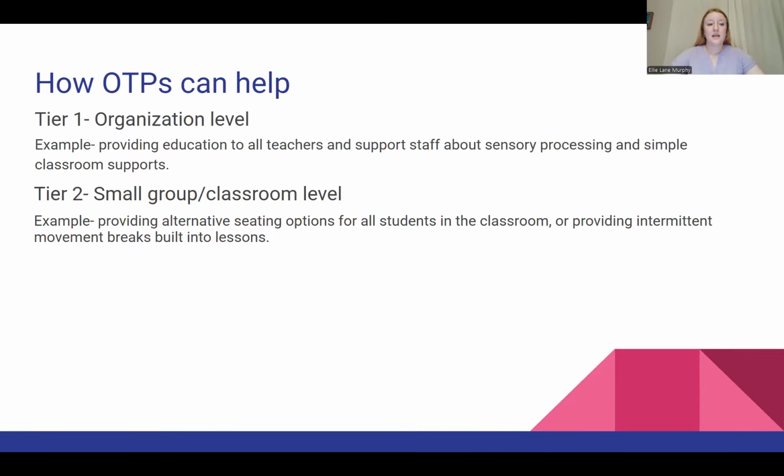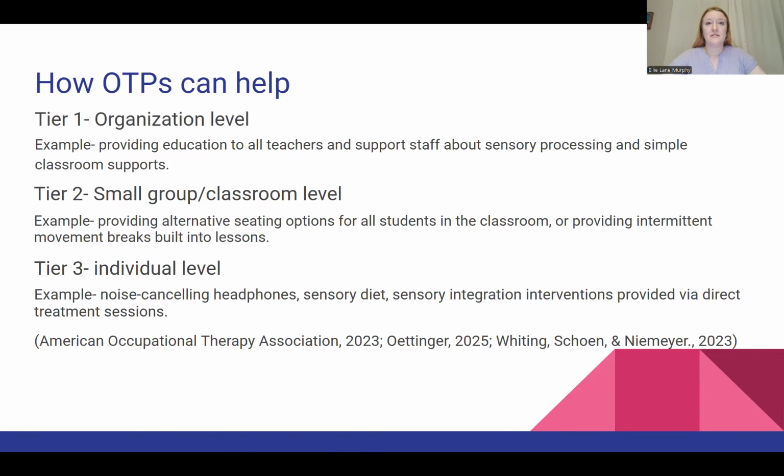the children. If there are children whose needs are not met by tier one or tier two interventions, then it's time to escalate things to tier three, right? So this is where we see individual adaptations for individual students. So this is going to be stuff like seeing a kid every week for 30 minutes or an hour for individual therapy sessions. It'll be things like sensory diets, just any kind of sensory integration intervention that you provide directly